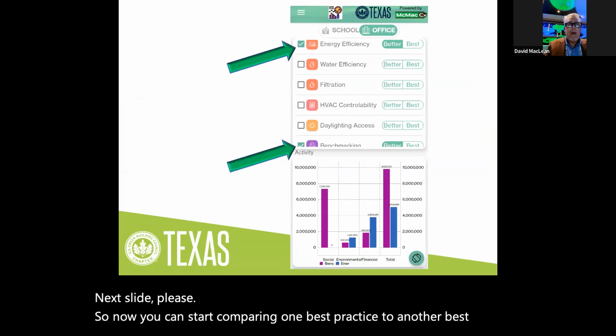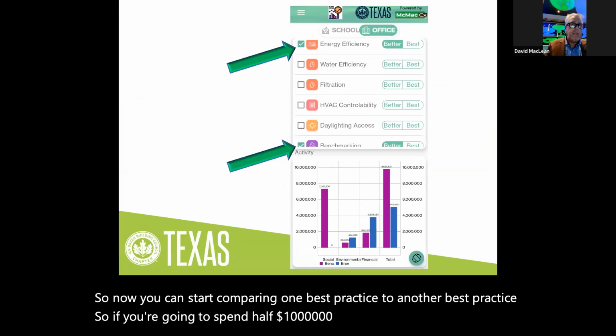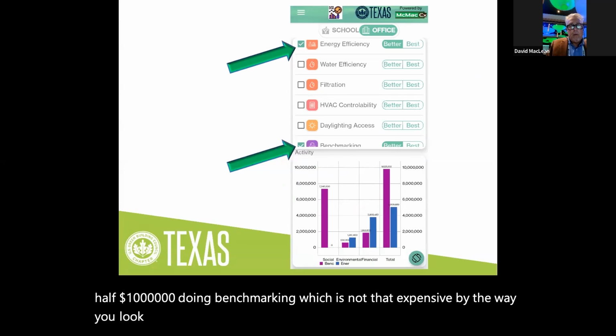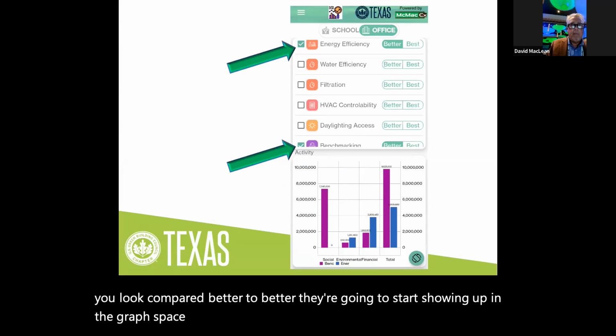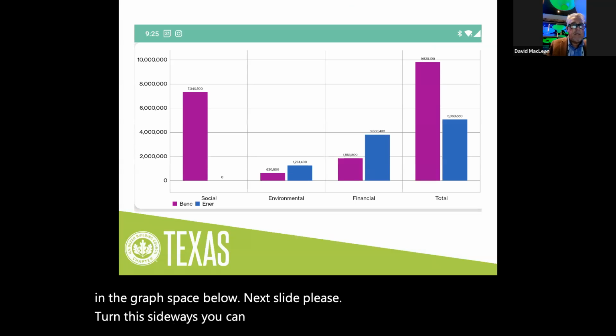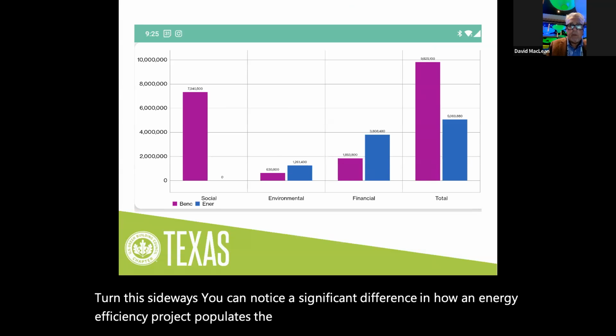So if you're going to spend $500,000 doing energy efficiency and $500,000 doing benchmarking, which is not that expensive, by the way, you look, compare better to better, they're going to start showing up in the graph space below. Next slide, please. Turn this sideways, you can notice a significant difference in how an energy efficiency project populates the social, environmental, and financial